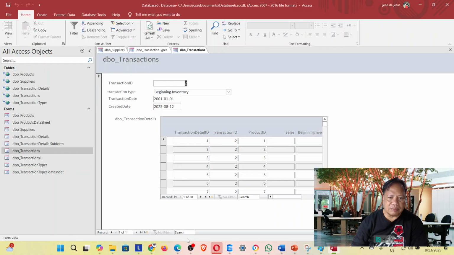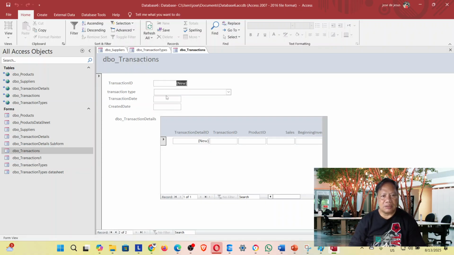That's transaction number 2 and we're going to create the third transaction type, which will be disposal, and save it, right? It's already saved. If we go back,